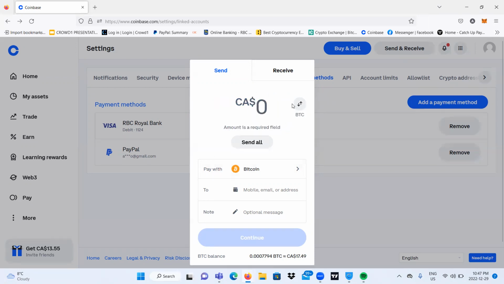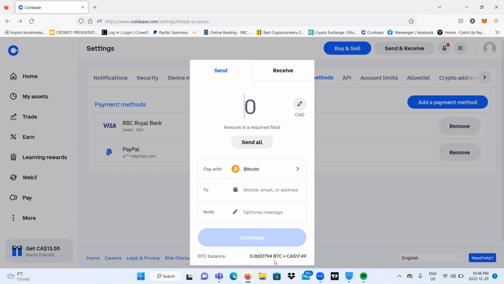When you enter the amount, usually I put my amount in Bitcoin, with the decimals. And then "to" is the address of where I'm going to send the Bitcoin. I usually have the amount of Bitcoin and the address I'm going to send it to on another tab, and then I copy those things. I paste the address here in "to," and I paste the amount of Bitcoin in decimals over here that I have to send,